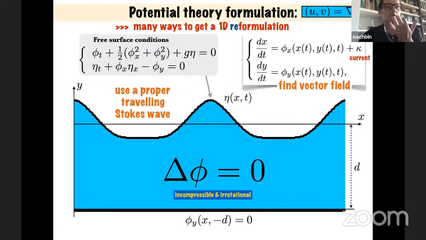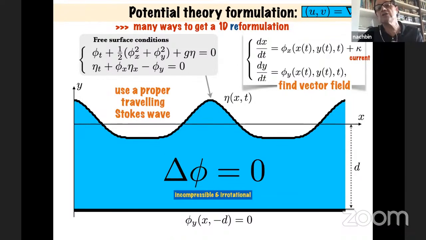Okay, so here's the problem. We have the usual free surface conditions for water waves, Bernoulli law and kinematic conditions. We have the dynamical system we want to solve in the bulk of the fluid, where we basically have a harmonic function because it's incompressible, irrotational, with a Neumann condition on the bottom. We are using the fact that we have a traveling wave. There were theorems proving the existence of traveling waves for the irrotational and also for the rotational case. That's an important thing that Adrian was already telling us.